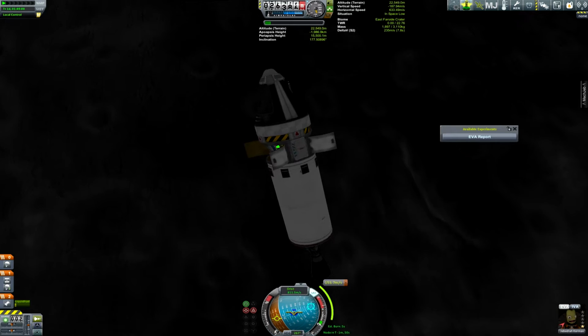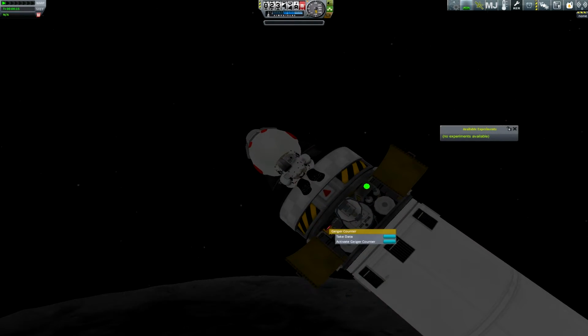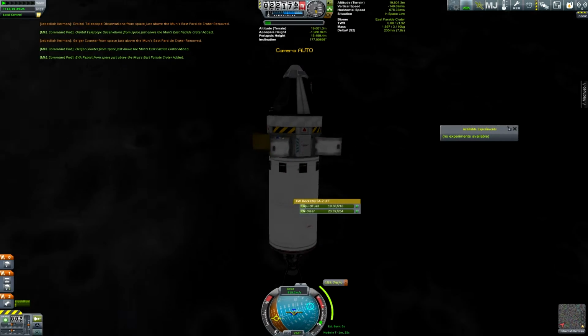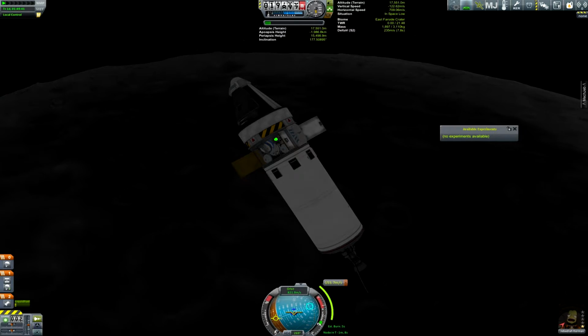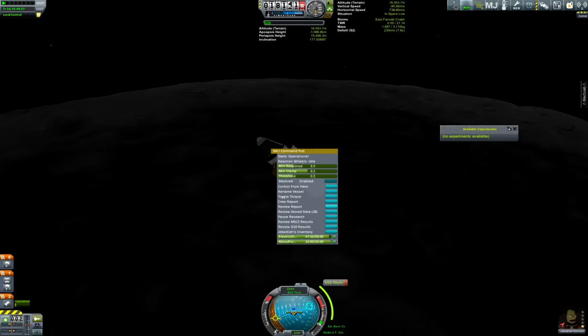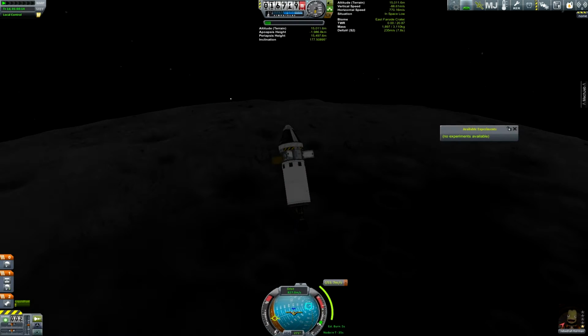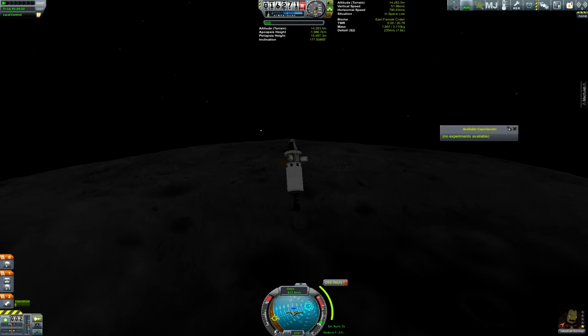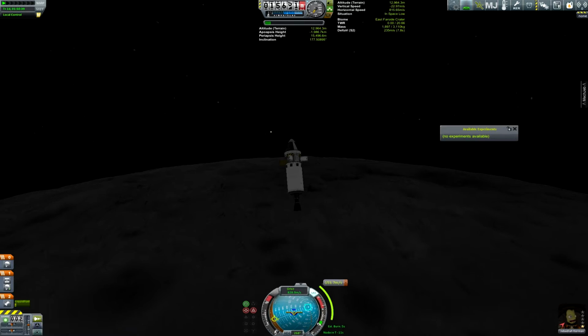And I can do a couple more EVA reports and Geiger counter things over different biomes as I fly by them. There we go. Still got a little bit of fuel left, so if I need to correct anything once I'm out of the sphere of influence, I can do that. After the burn, I mean. It's a 153 meters per second burn, and I got 235 total. So